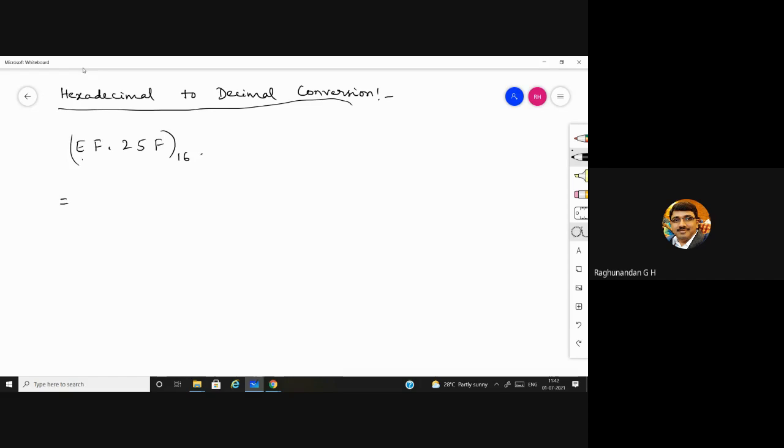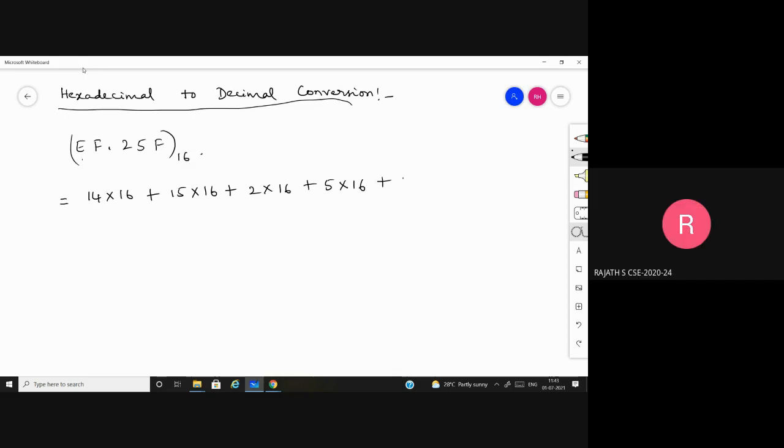I mean decimal equivalent? Decimal equivalent of E is 14. So 14 into 16 plus F means 15 into 16 plus 2 into 16 plus 5 into 16 plus,